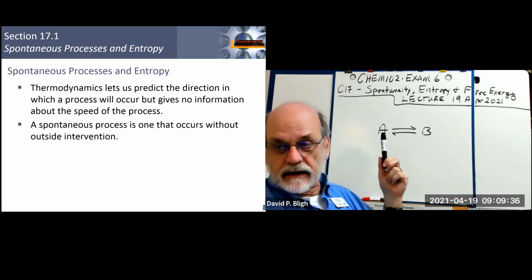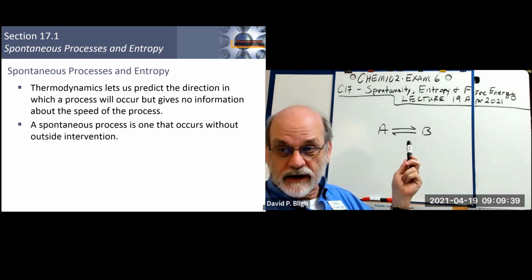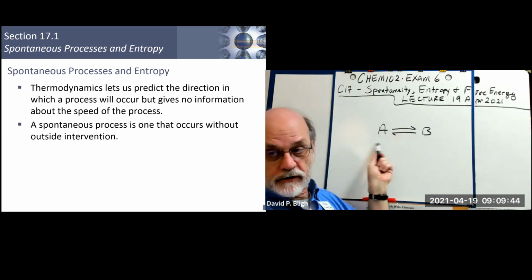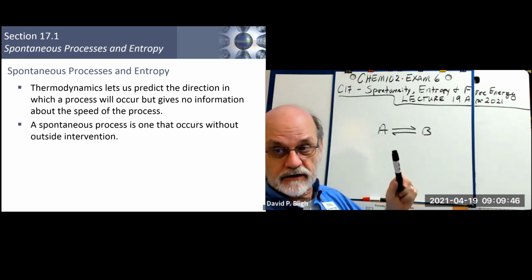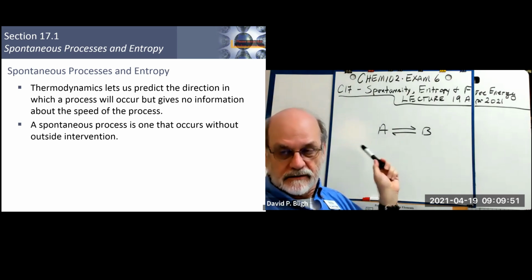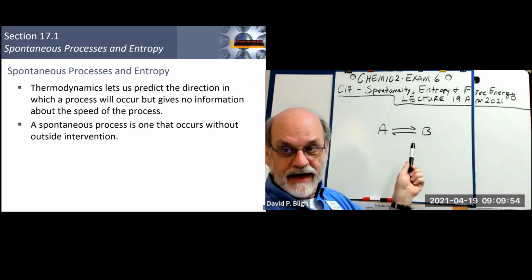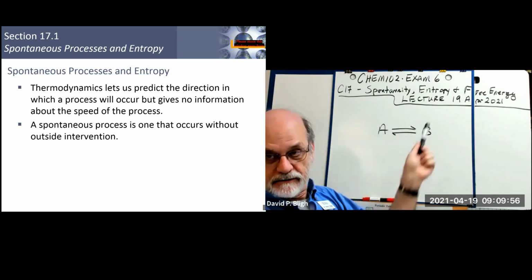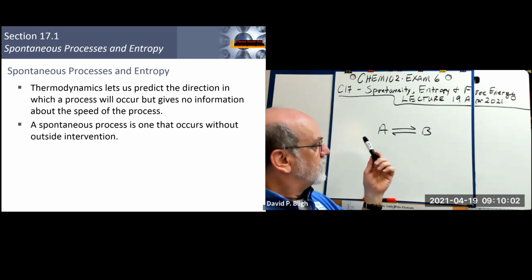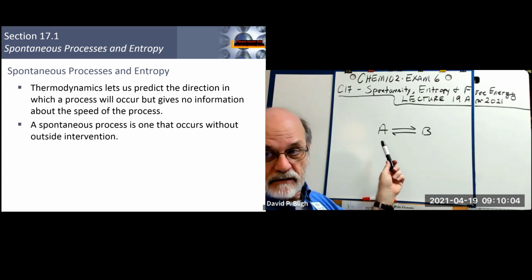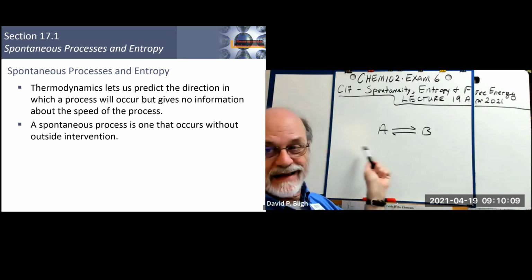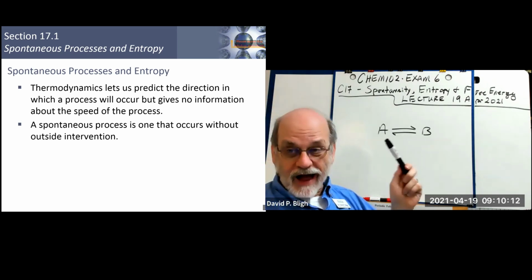And we've already seen in our discussion of equilibrium that this will happen. The reverse reaction will happen at the same time as the forward reaction. But we also know how to express quantitatively that reaction balance with the law of mass action. But the spontaneous direction, as written, should be from A to B. That means non-spontaneous is from B to A. Now, you can drive a reaction backwards,